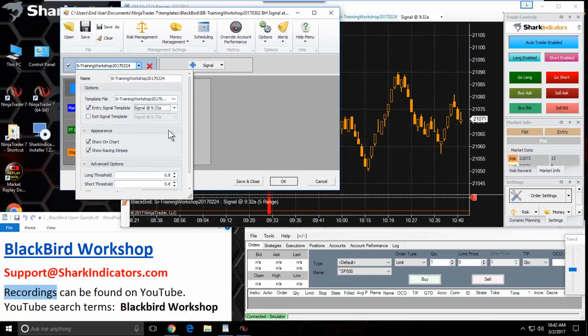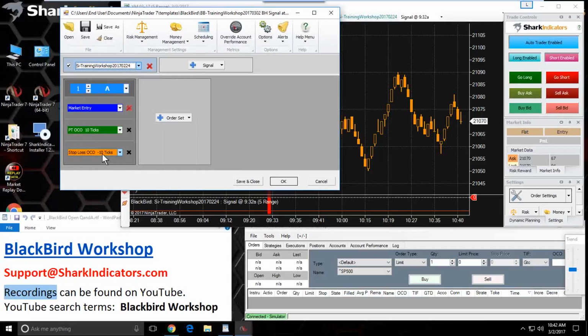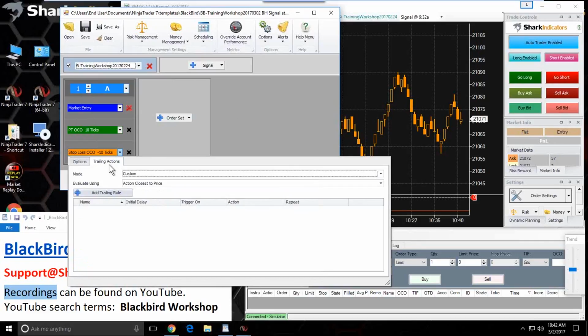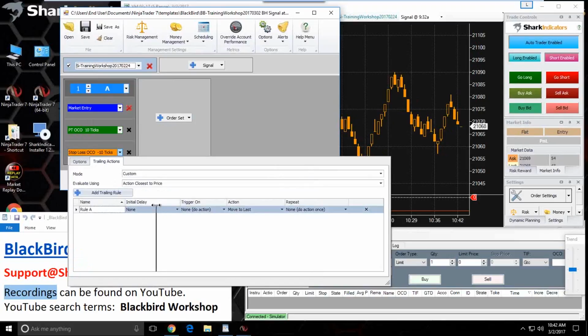So let me just put that back the way it was, and let me find another way to do this. I'm going to see if there's another way, trailing rules here that we can do that. Yeah, here's one way. So here's another way. So if you know exactly when your